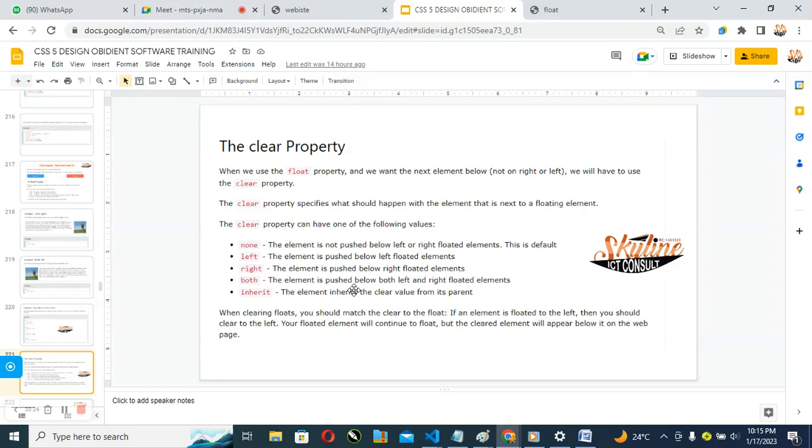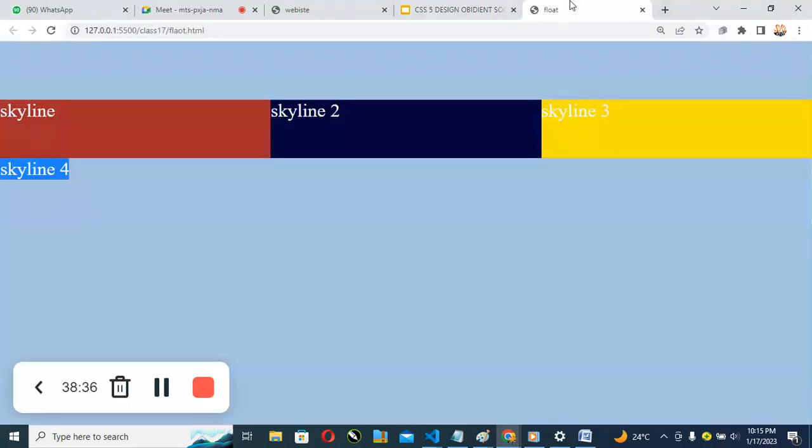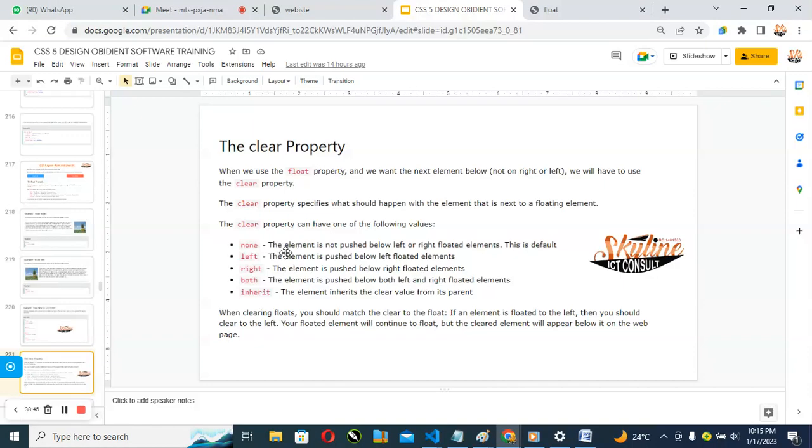Are we together? The clear property he used is actually used to specify what will happen to this skyline element when you float that element. Now look at what happened. This element floats with this particular element. So now, in order to resolve this issue, also if you notice here,